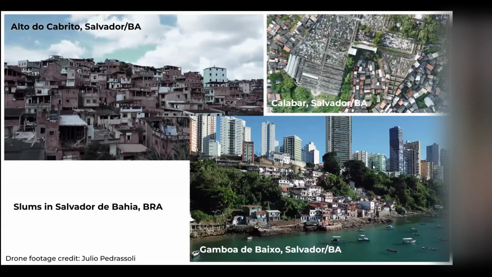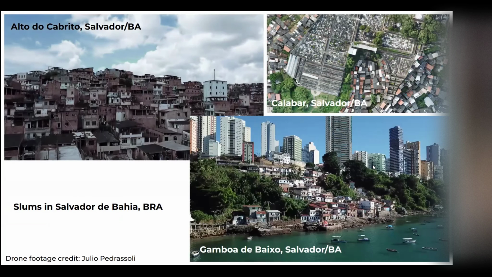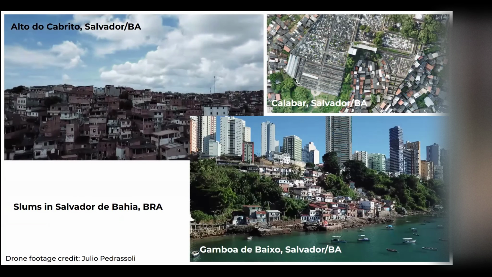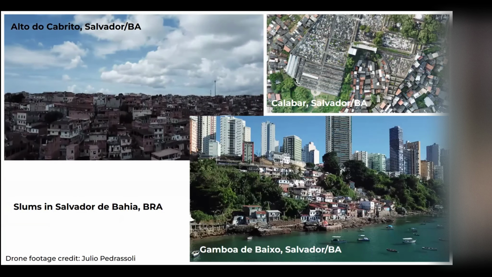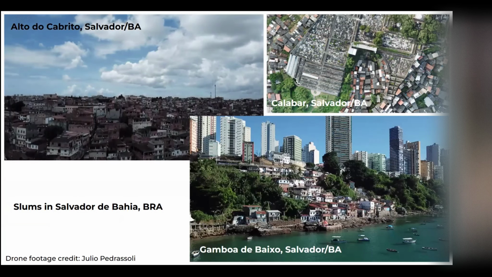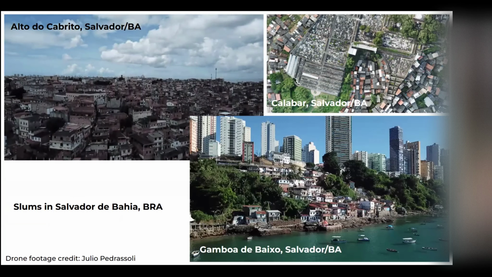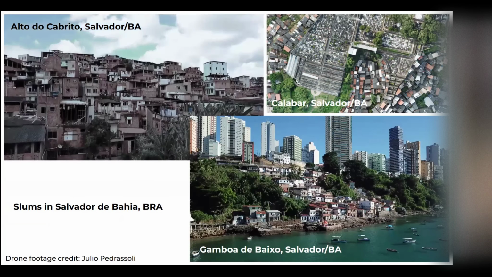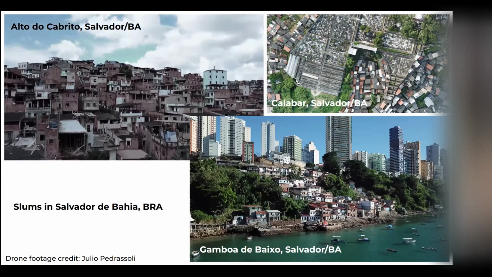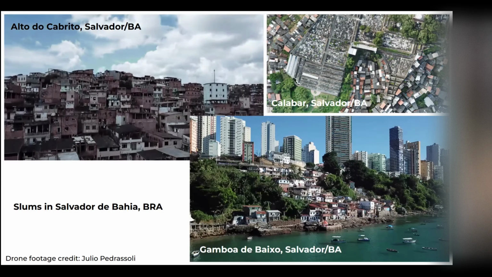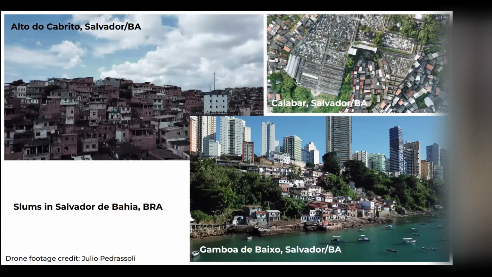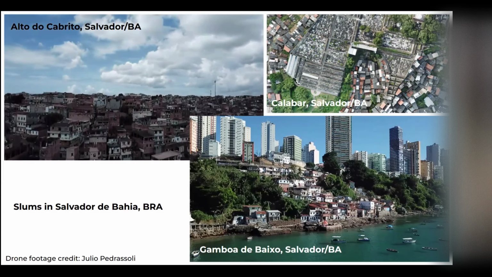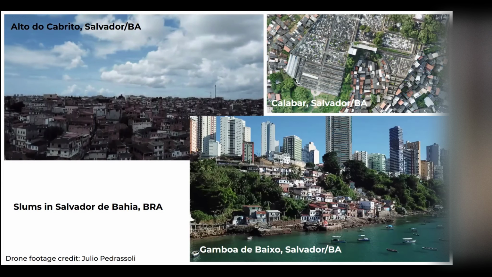But in the Brazilian case, and not only in the Brazilian case, it's very common in Latin American cities, there is a very specific type of urbanization that we call slums, or favelas in Brazil. There are a lot of different definitions. There's the global one that the United Nations gives us: lack of tenure, lack of access to water and sewer and other services. So these are the areas that I usually define to my students in a very simple way.